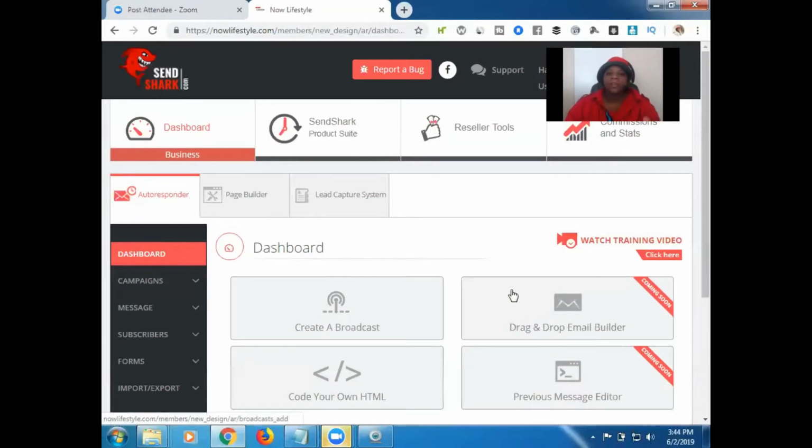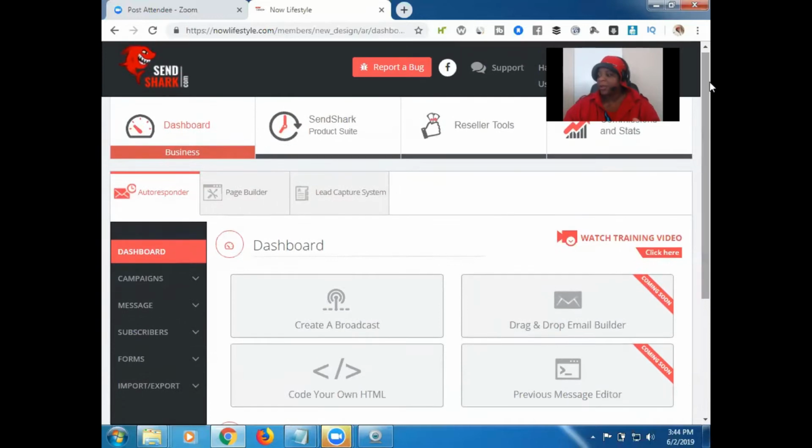So let's go ahead and dive into it. All right, let's go ahead and jump into this. All right, you're definitely going to go ahead and log into your Sendshark account at sendshark.com, and you'll wind up here. All right, so before we begin this really quick, I'm going to just let you know that some of